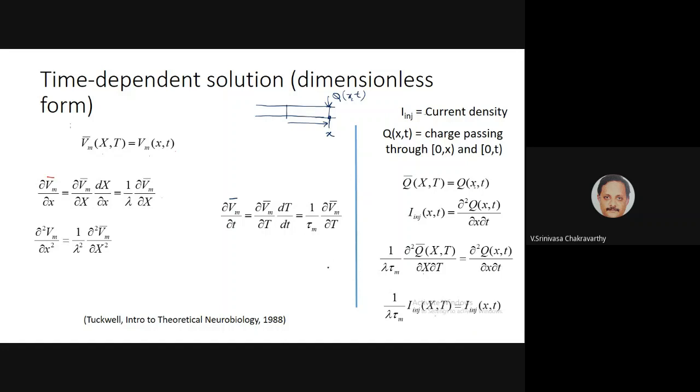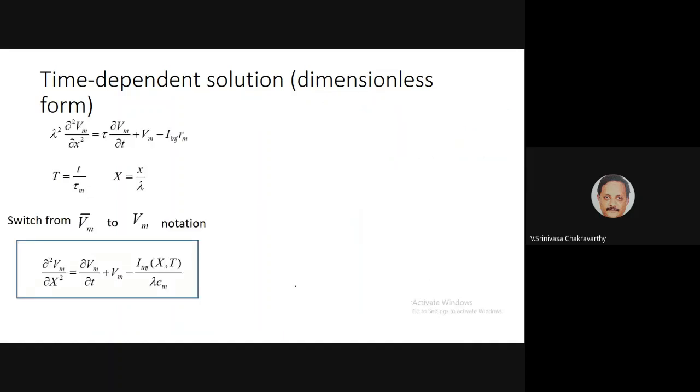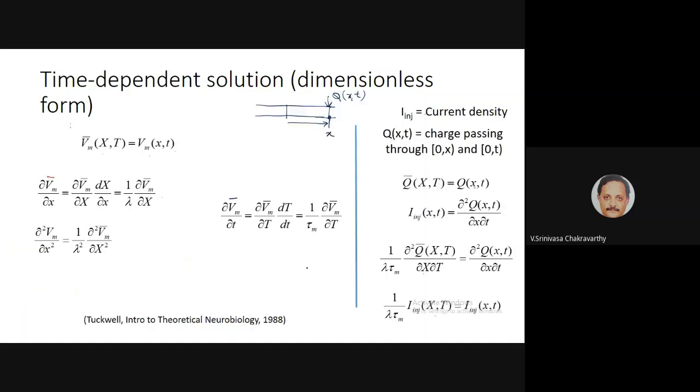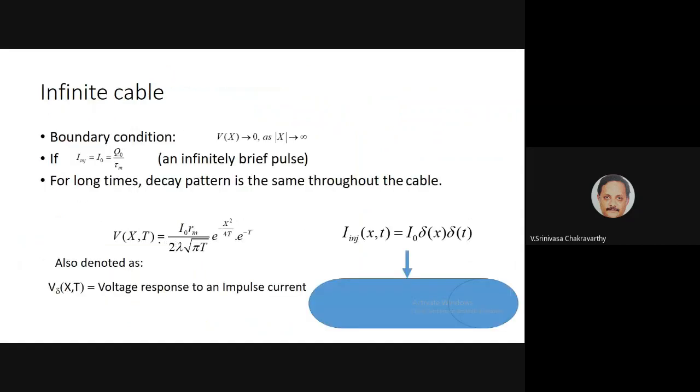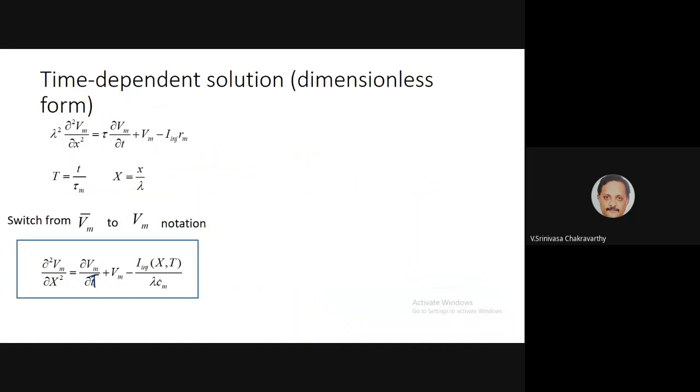So with this, you plug it into the... So this is worked out in this paper by Tuckwell from 1988. You plug it into this formula again, and you get these new factors. So the Vm is right now that special derivatives are in terms of capital X. So lambda square is 1, and this must be capital T. Tau is gone. So plus Vm minus I inch xt by lambda Cm, because I have this new factor lambda tau m. So once you have this reduced equation,